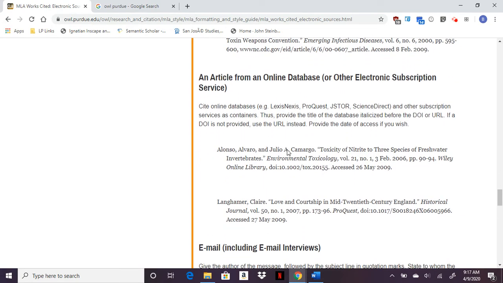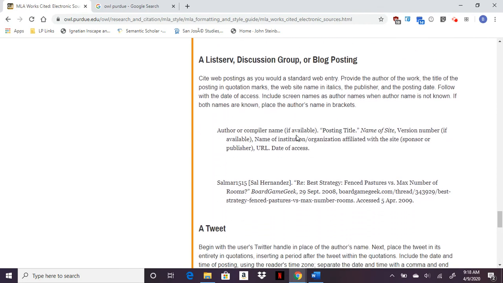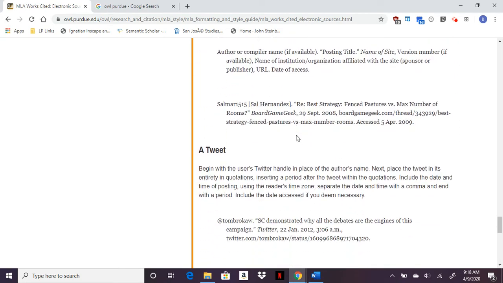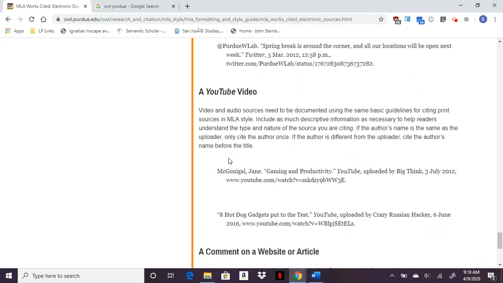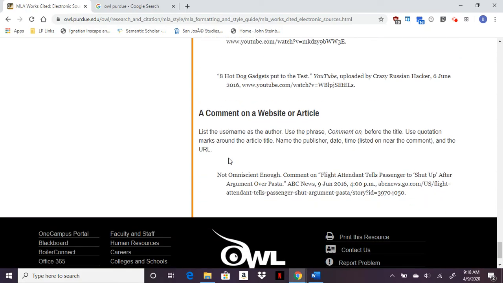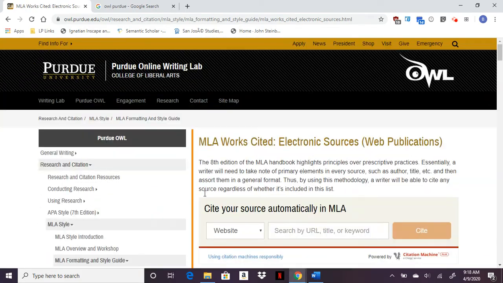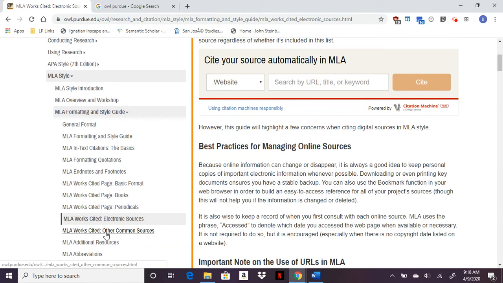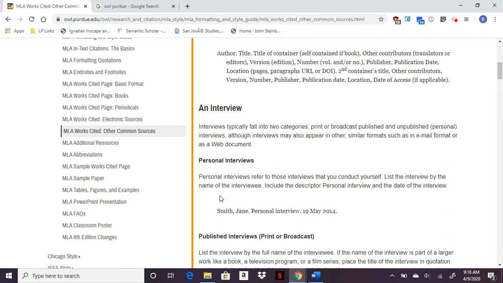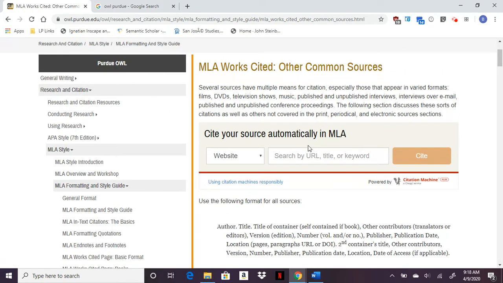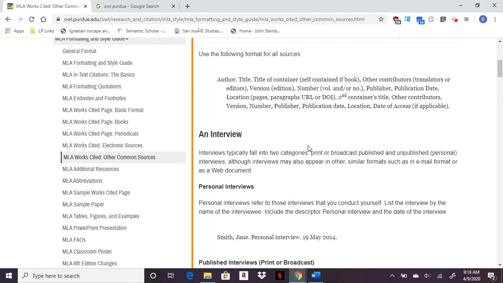Then we have some other stuff that maybe you may use, but maybe not. This is a bit more updated now. It includes tweets or a YouTube video or a comment. And then we have other common sources. So if you're not sure how to cite something, it's not in books, it's not in periodicals, it's not in electronic sources, it may be in other common sources. And if you still can't find it, you may need to get the hard copy version of the MLA handbook